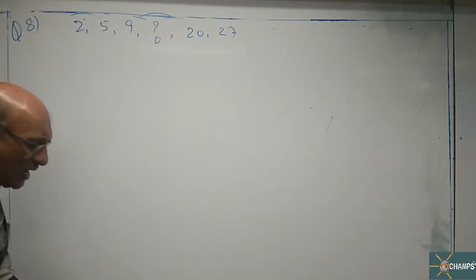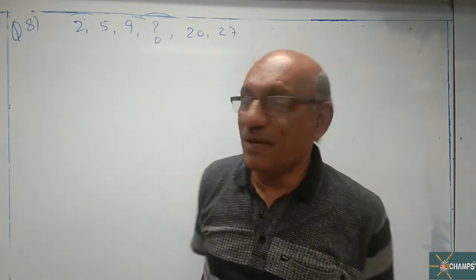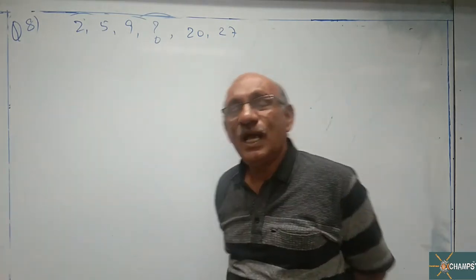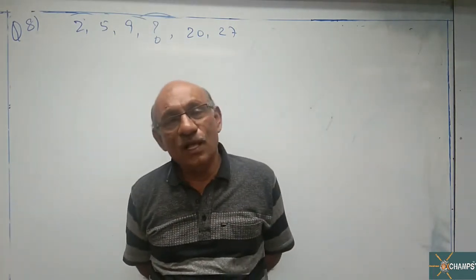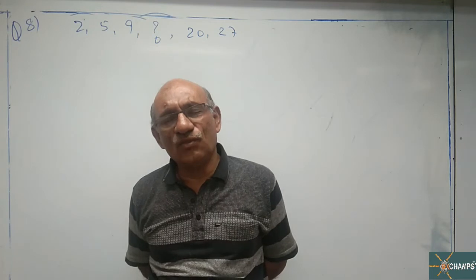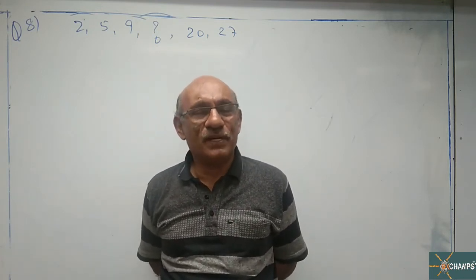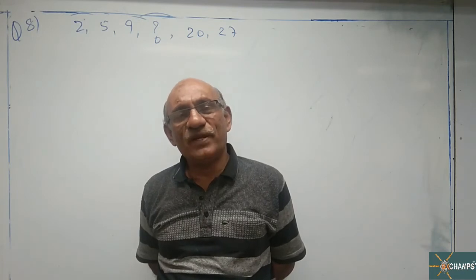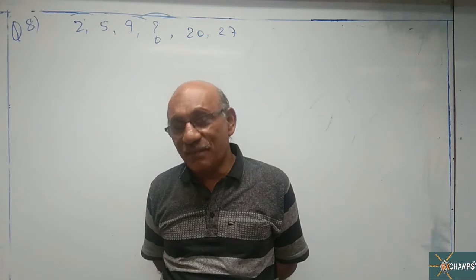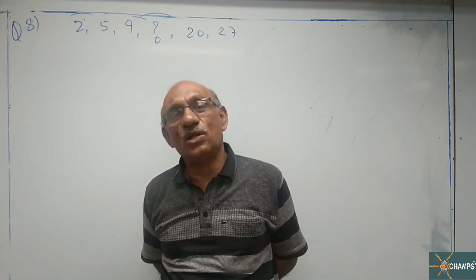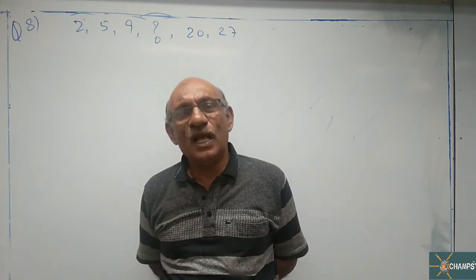Now, 2 is not a perfect square, 5 is not a perfect square. But 2 is a prime number, 5 is a prime number. But 9 is not a prime number, sir. Because for 9, 1 is a factor, 3 is a factor, 9 itself is a factor. Therefore, 9 is not a prime number. So, the series is not a perfect square series, not a perfect cube series, not a prime numbers series, and also not a factorial series. So 4 points are out from the list.